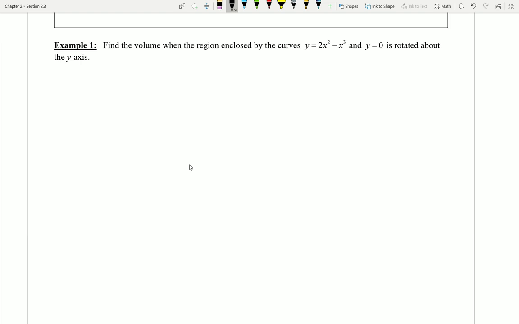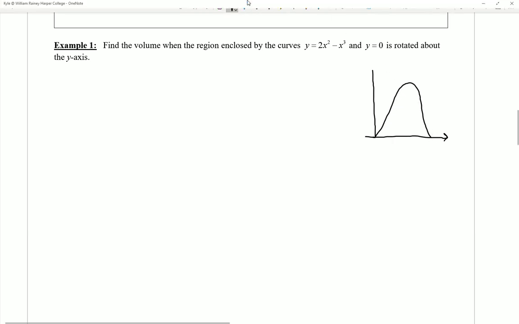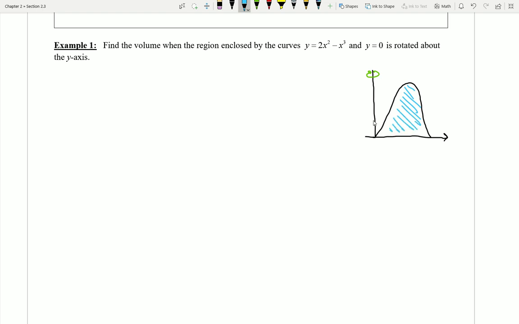So let's take a look here at example number 1. I'm actually going to see here that this is an exact copy of the opening motivation problem for this section. That is, it's going to be the problem that's dealing with exactly the same region that we started with, that looked something like this. And we were interested in rotating this region around the y-axis. Okay, so I'm going to go ahead and try to figure out how I would do this,